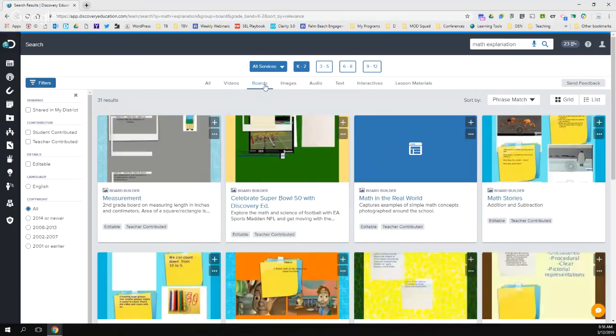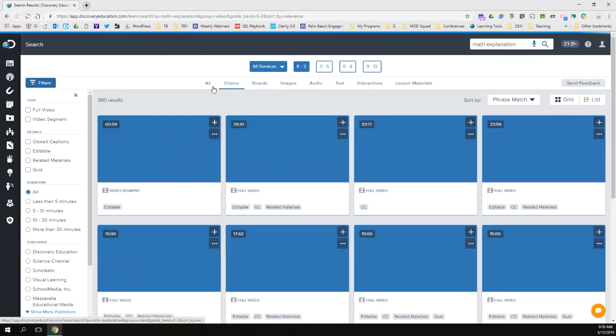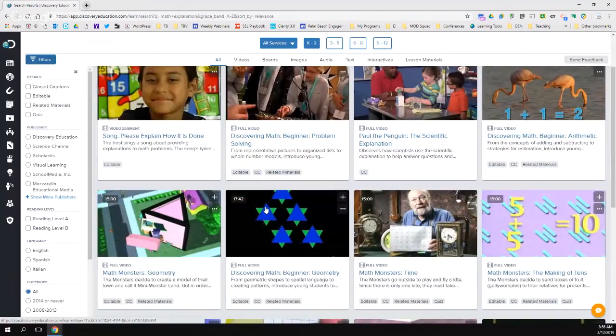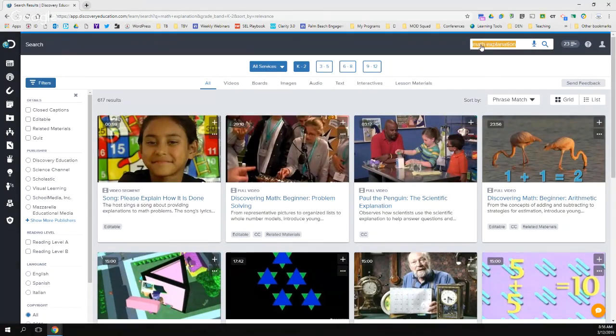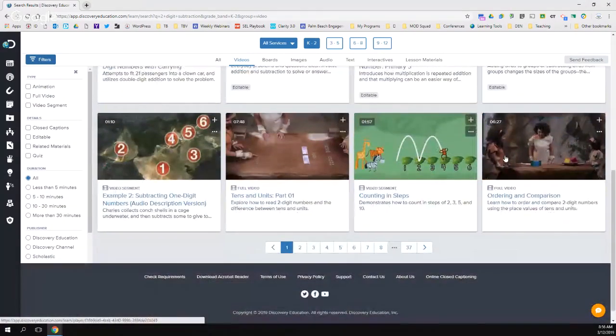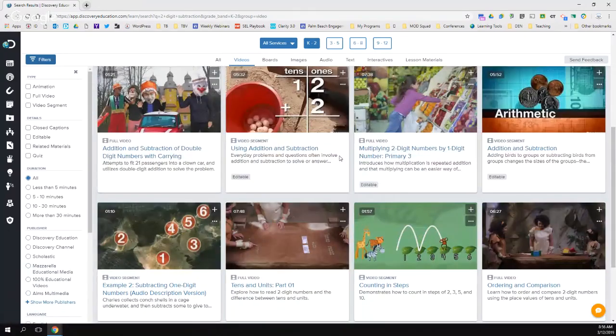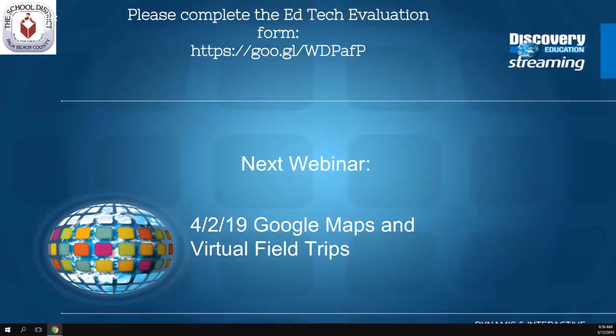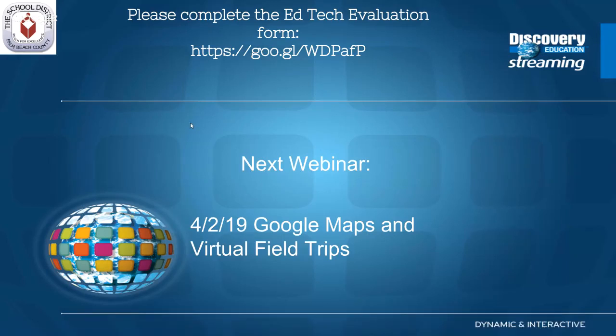It's very similar to what they offer in Khan Academy, but it's already built into here. We'll have to find it and share it with you later, but they are phenomenal. They walk you through step by step whatever math skill you want. So let's do 2-digit subtraction and see what happens. Oh, and it's not showing me. So yeah, I guess we're just going to skip for right now. Sorry. Patty was doing a better job, apparently. So I guess that's all for today.